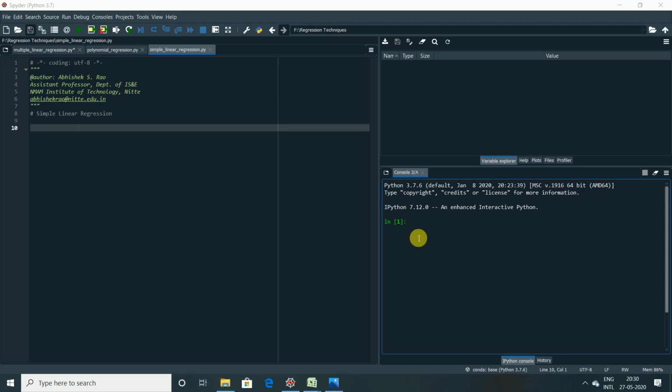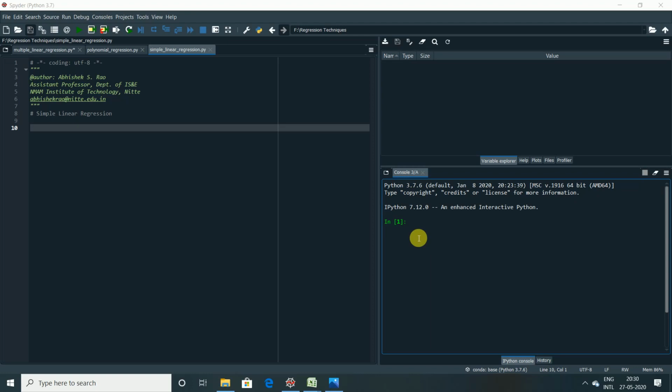For example, if you assume the salary of an employee based on his or her number of years of experience, that means if an employee's number of years of experience increases, the expectation of his salary also will increase. This goes in a very linear fashion. That is why it is called simple linear regression.